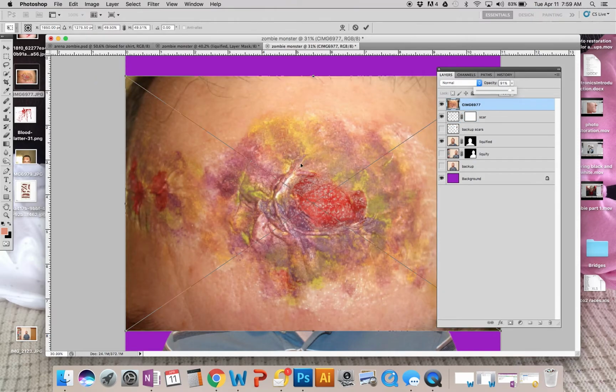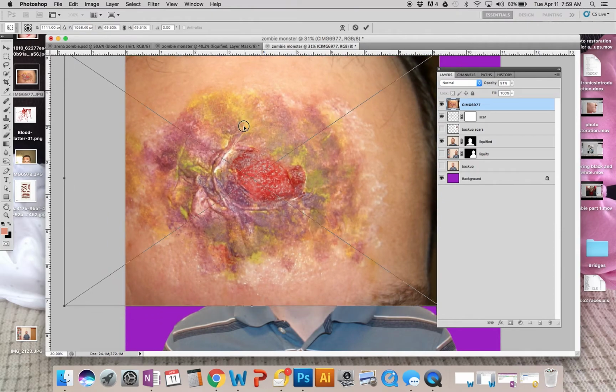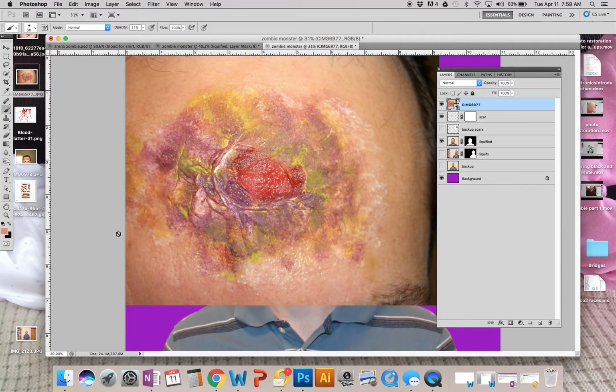So I've just gotten a collection of pictures from the internet. Now again, this one's makeup, so don't be too grossed out here. I made sure to get makeup pictures from zombies, and you can almost kind of see the edge of the makeup here. So I'm going to once again